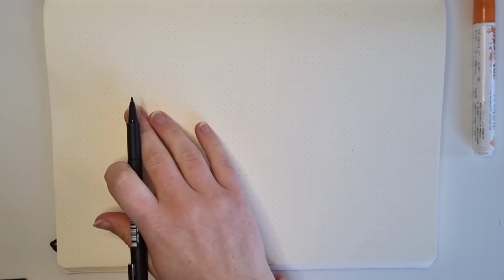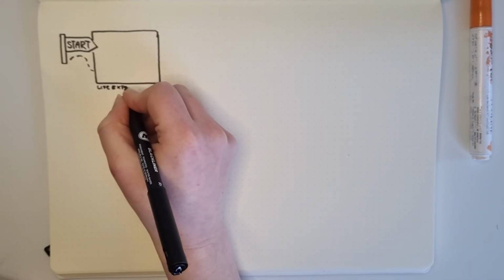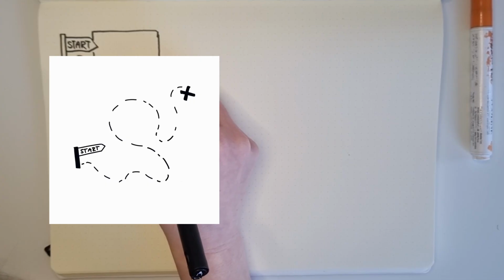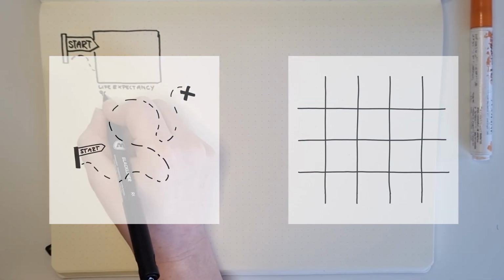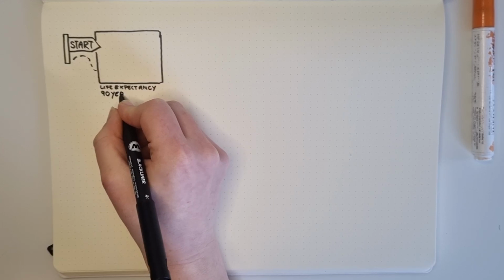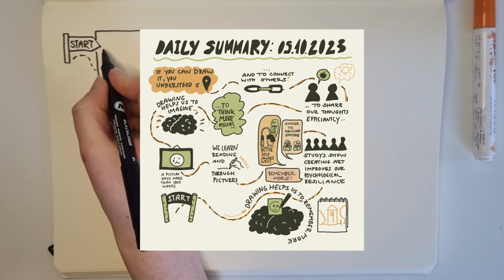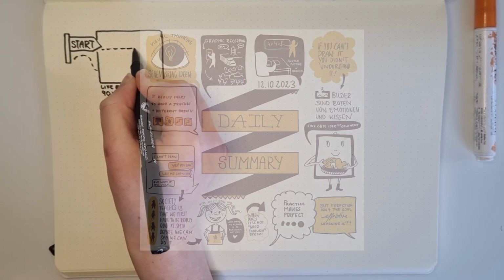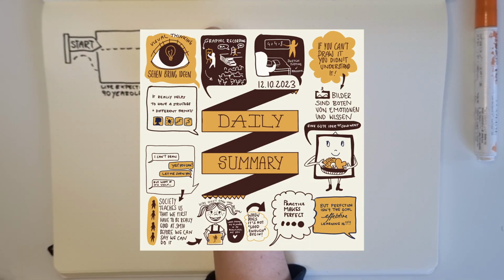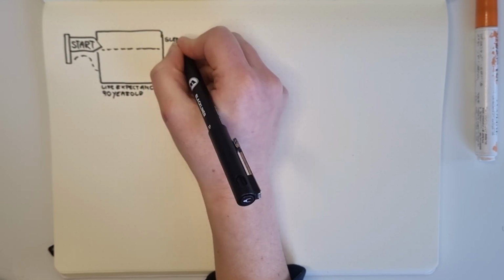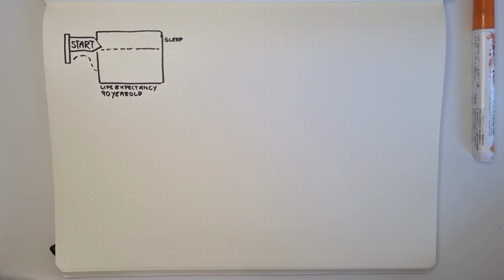I like to start this process by defining which sketchnoting template and which layout I'm gonna use. And if you have no idea what I'm talking about right now, I highly recommend checking out The Art of Sketchnoting. So for this sketchnote, I decided to go with the map template in combination with the grid layout. I chose the map layout because I like to use them when someone tells some sort of story, or when I'm not quite sure where the presentation is going. And I chose the grid layout to balance out the structure of the map and just help the viewer to navigate and understand the whole topic of the talk a bit better.